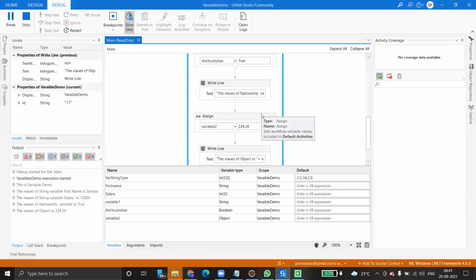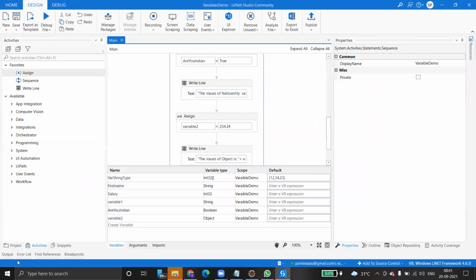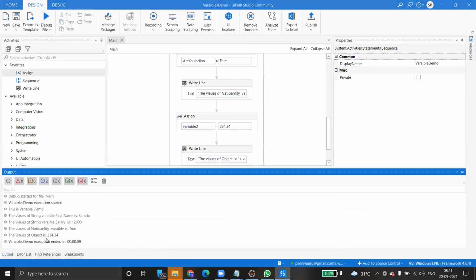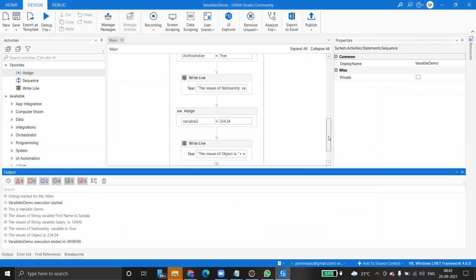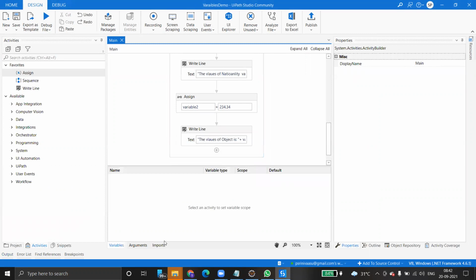See, let's go and check output here. The value is 123.34. Is it a string? No, it's not a string. It is an integer. That means the object can hold any kind of data. Are you clear?